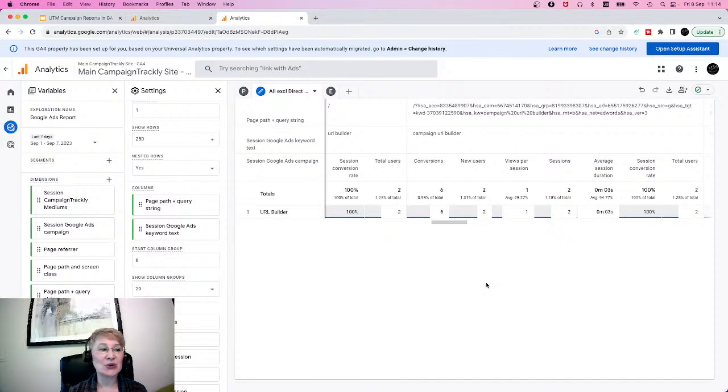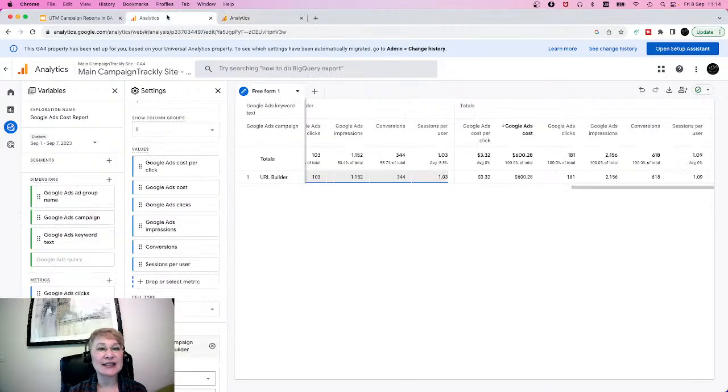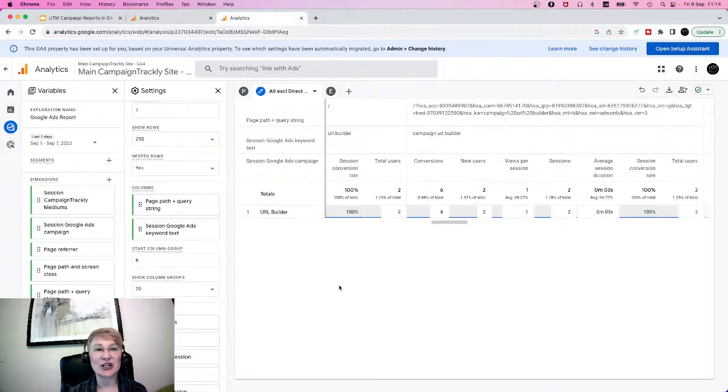You can use a Google Ads campaign dimension to see cost, impressions, number of clicks and other information that can be pulled directly from your Google Ads. And if you want to see what your users were actually doing on the website and compare user behavior against keyword and landing page, it is best to use